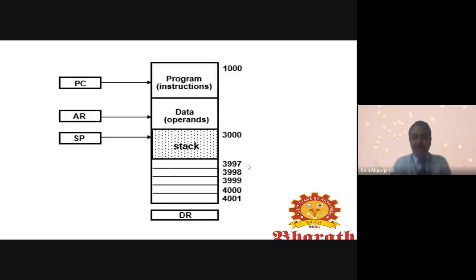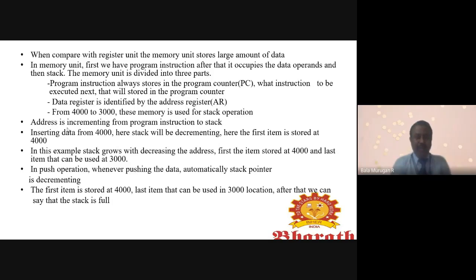This is the address, it starts from 4000, and here we are inserting data from 4000.